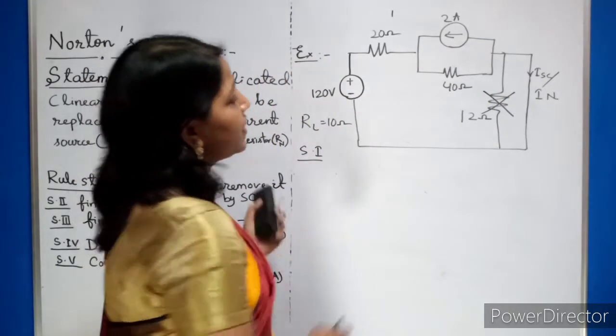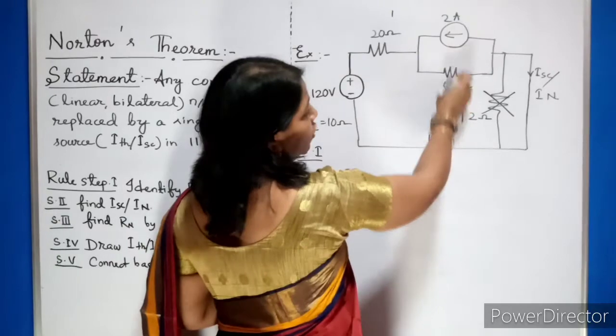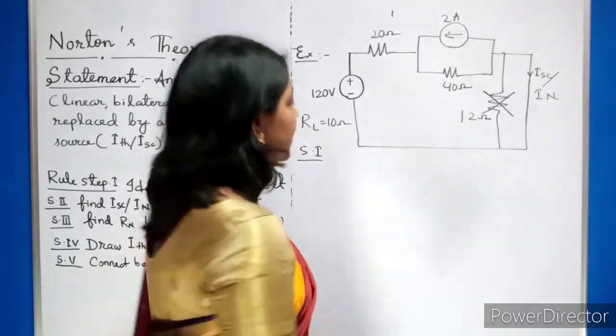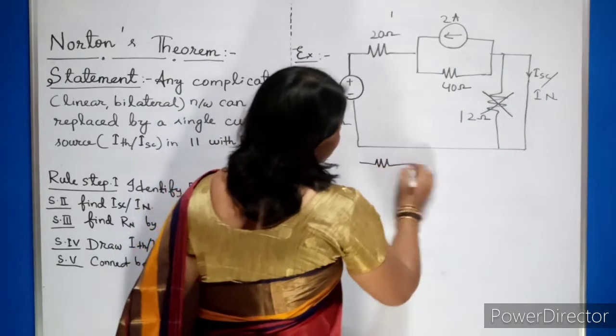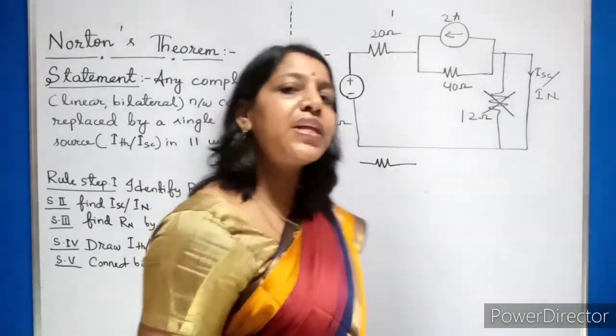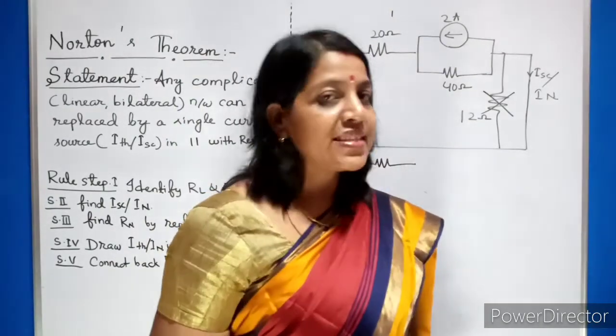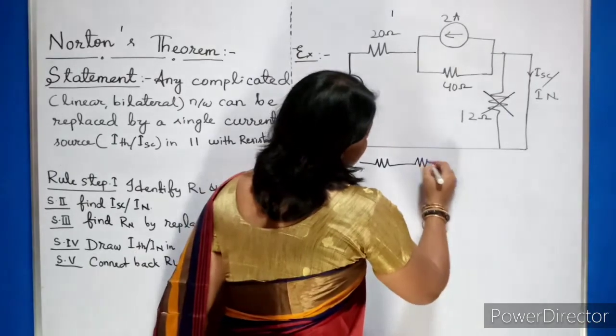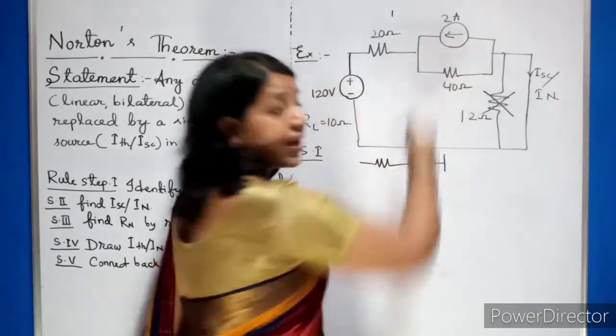Now, discarding it, find the short circuit current. What is the easy method? This current source is there, this voltage source is there, and the resistor is there. They are in parallel. You convert it into an equivalent circuit. A current source in parallel with a resistor is equivalent to a voltage source in series with a resistor. So what will we do? You make it a resistor and you see the direction of current.